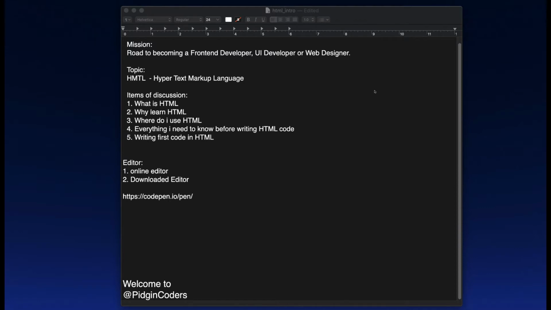And e dey good to know HTML because HTML dey among the first programming languages wey dey. So anybody wey wan become any kind of programmer, e need to know about HTML. So e dey very very important to know HTML.